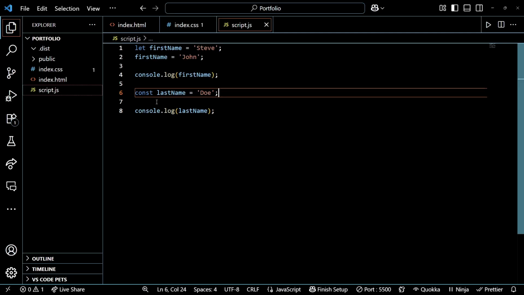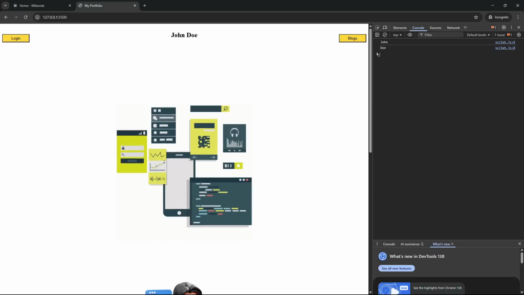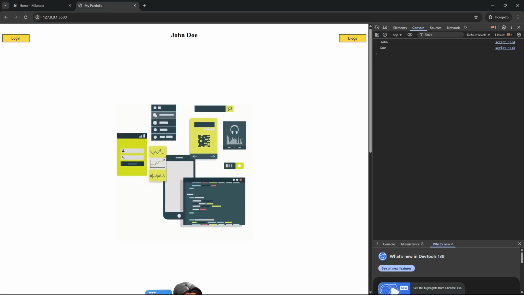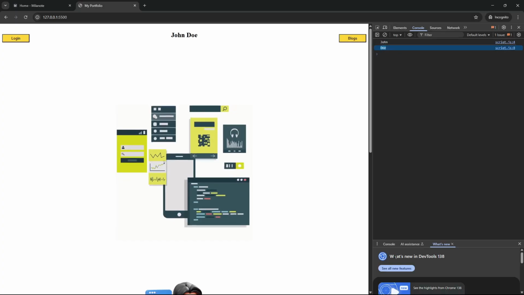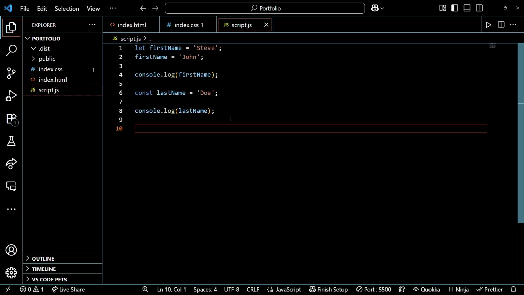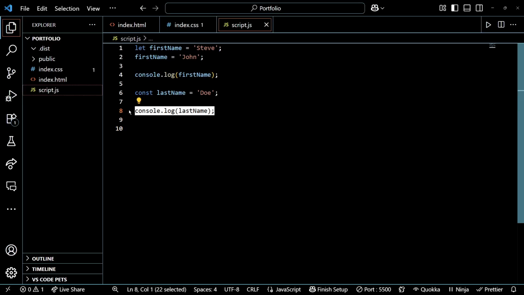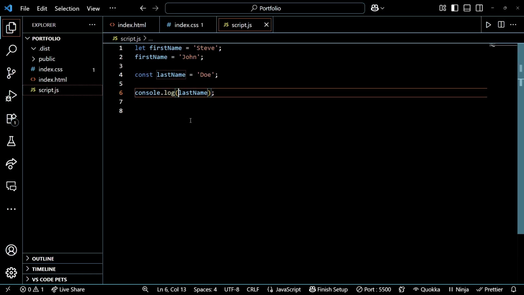Let's remove that line of code and go back to the browser. Now you should see we get John and Doe. We don't want to log these two to the console at different times. So here's what we can do. Remove the first console.log. And in the second one,